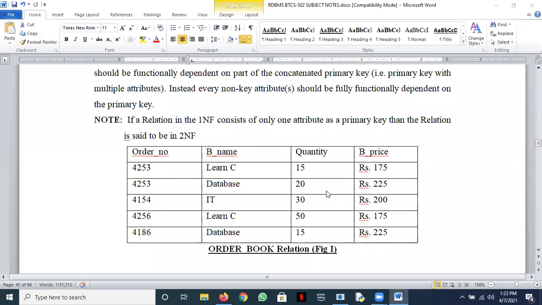Okay, Prince is answering actively today. Yes, Prince. I need to split this relation into two relations so that it comes into second normal form. How should that splitting be done? That's my question.